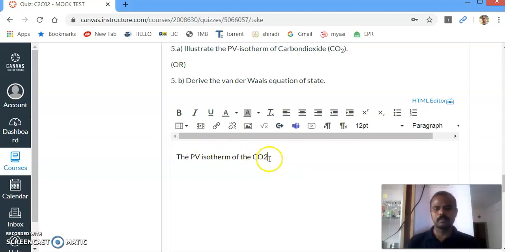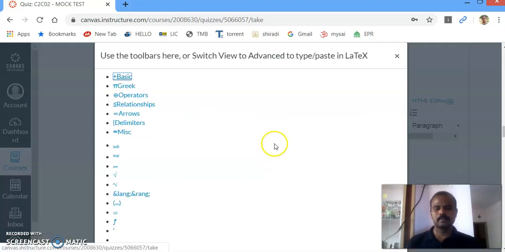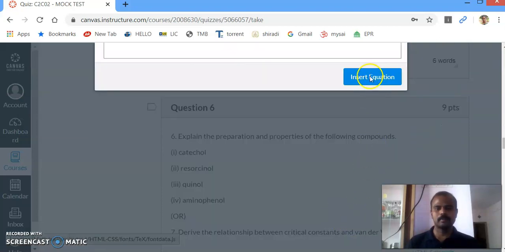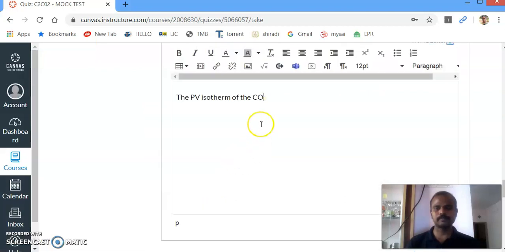The subscript 2 in carbon dioxide can be done by clicking this symbol part. Just click subscript, then insert equation. The PV isotherm of carbon dioxide is given by